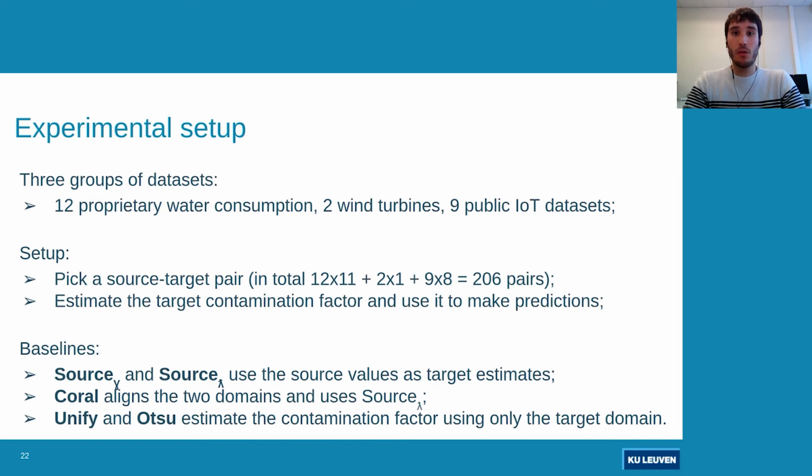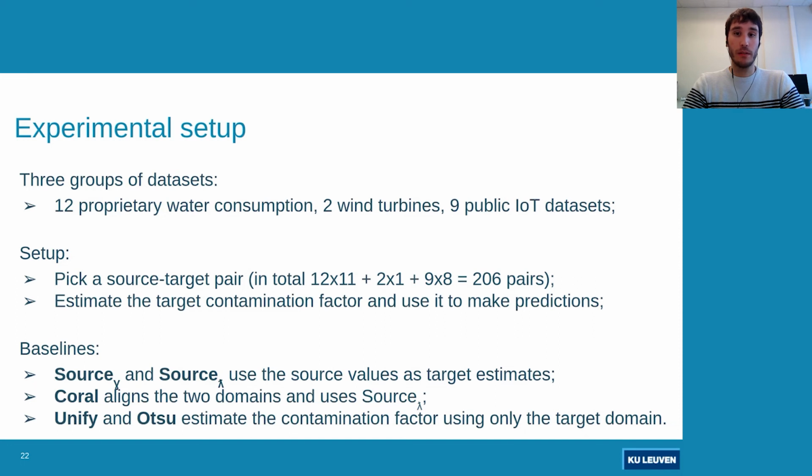We compare our method with 3 groups of baselines. Source gamma and source lambda use the same contamination or threshold as target estimates. CORAL is a domain adaptation method that first aligns the 2 unsupervised domains and then uses the source threshold. Finally, Unify and Otsu use just the target domain and directly estimate the contamination without using any knowledge or label